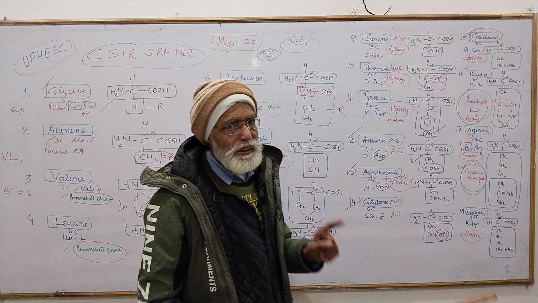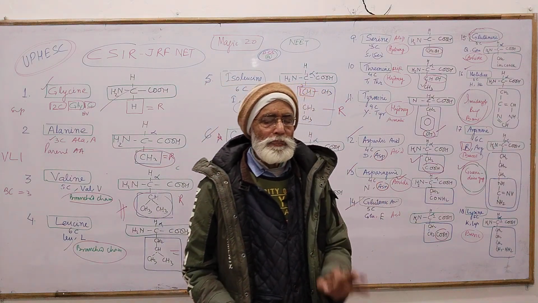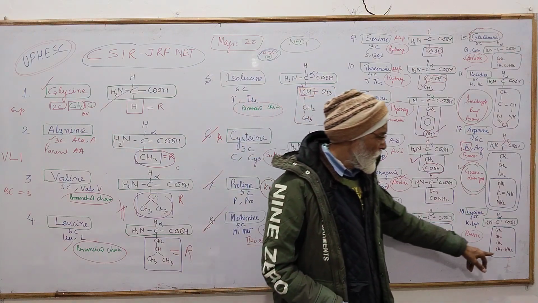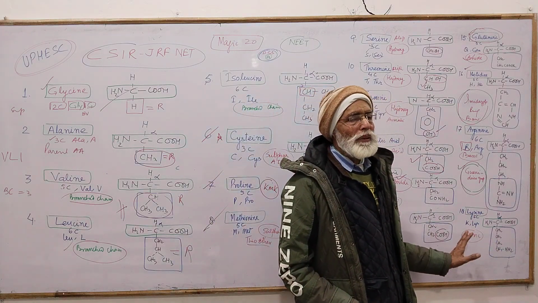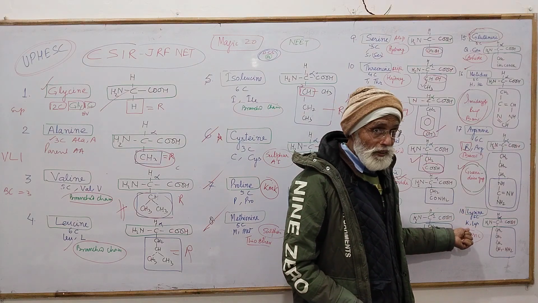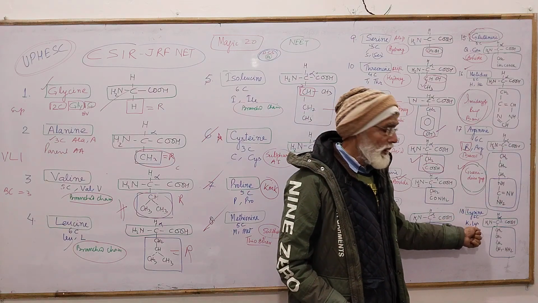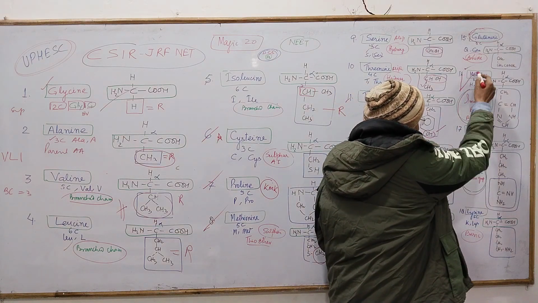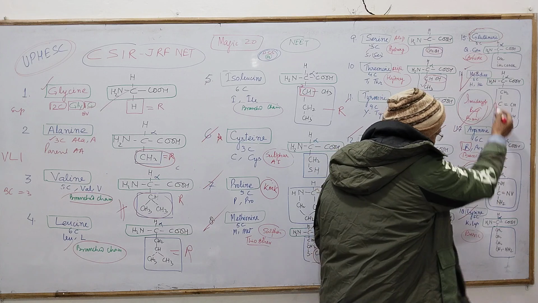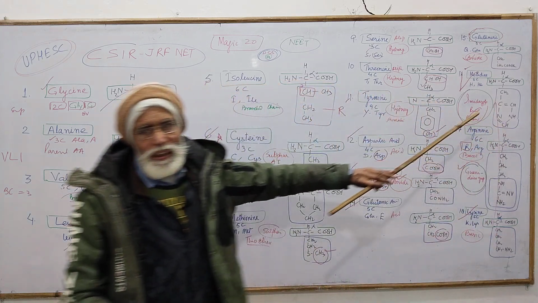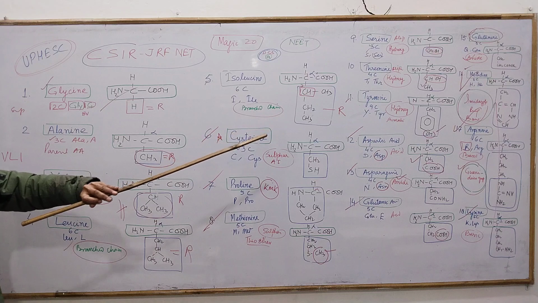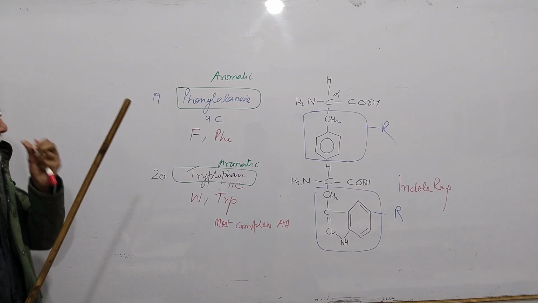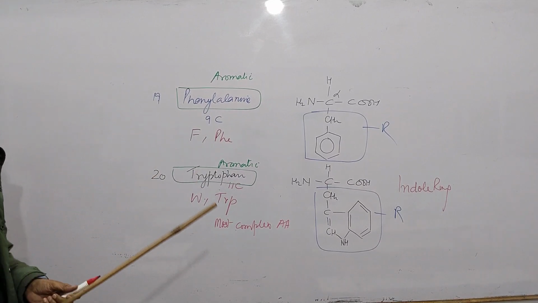Now the third member of the basic amino acids is lysine. This is the simplest basic amino acid. A simple aliphatic chain with the last amino group present, having the same 6 carbon atoms, and represented by K, not alphabetically, K. And 3 letter is LYS. So these all three, histidine, arginine and lysine, are basic amino acids. Their questions are there. Okay, so now up to the 18th. Now the remaining 2 amino acids are here.